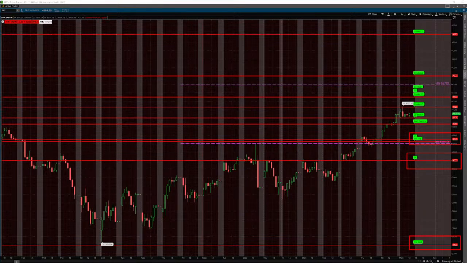And then finally, here's the new call wall at 4150. Recall last week that call wall was at 4065, and that was the short collar strike of the JP Morgan collar that expired last Friday and then was rolled. So the new call wall has now moved up to 4150, and I'll discuss more about that in a minute or two. All right, so those are the primary levels